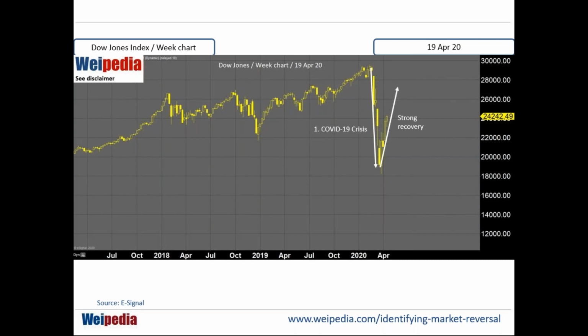Is there more and more defaults? Are there more and more companies going bankrupt? If the answer is yes, then I will not be too optimistic. Yes, according to the trend in the short term, all this and that is still going up, but I'll be very cautious. I'll make sure that I trade a bit on the shorter term, so that once it starts to turn, I have to clear as much as I could, as fast as I could, on my long positions. And definitely on my long-term position on the buy side, I'll be very, very cautious.